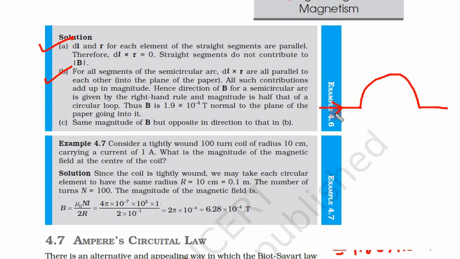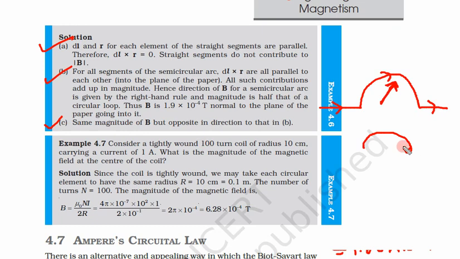See, the current was going in this direction. Take your right hand and curl your fingers in this direction. What would you find? Your thumb will point inside the plane of the paper. So the magnetic field is going inside the plane of the paper. I don't know how I can show this in 2D, but definitely your thumb will point in this direction. That means the direction of the magnetic field is inside the plane of this paper.